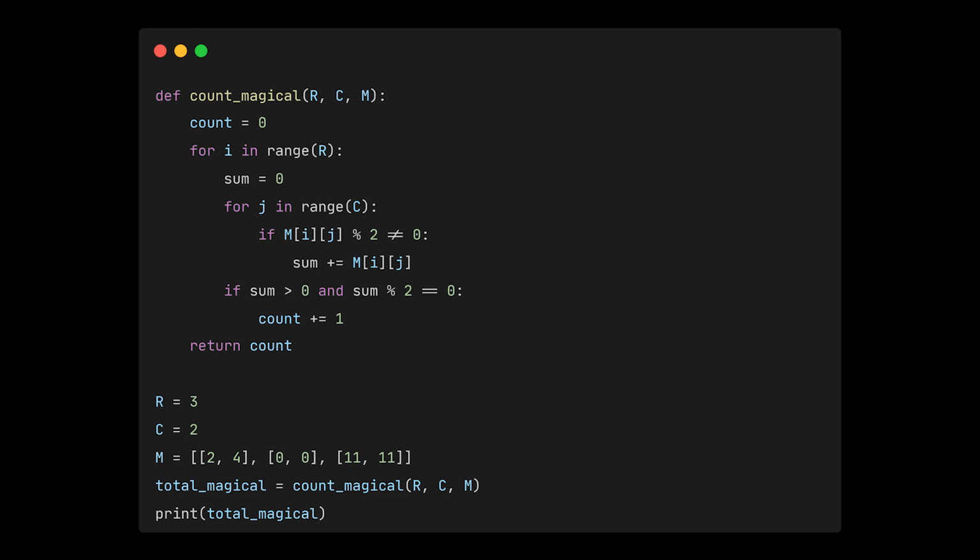A loop iterates over each row index i. Inside this loop, sum is initialized to 0 for the current row. Another loop iterates over each column index j. If the element m[i][j] is odd, using modulus 2 not equal to 0, it is